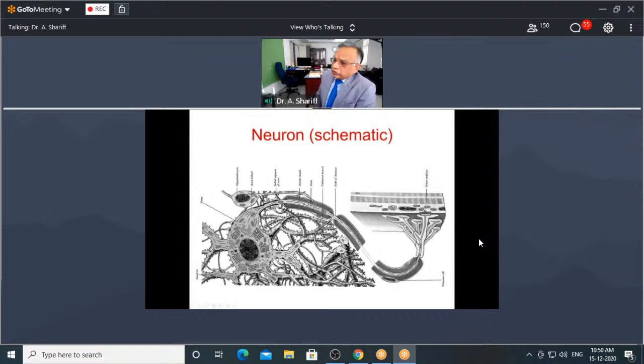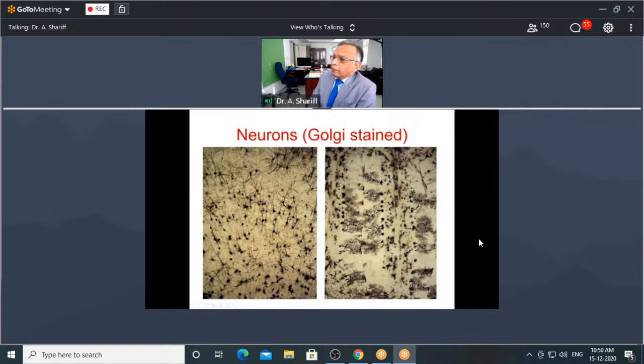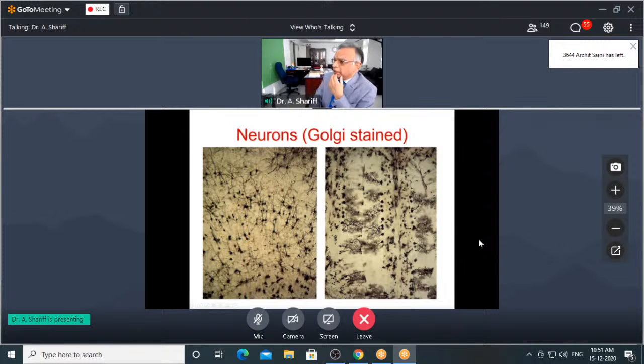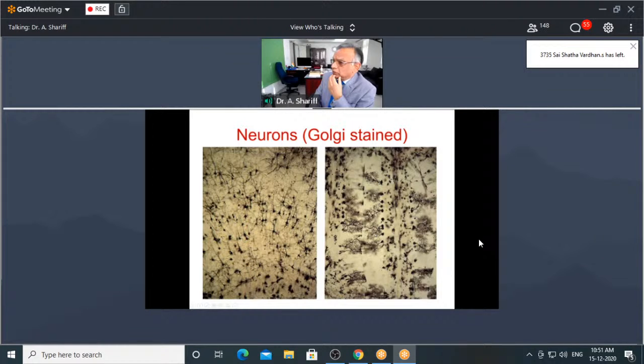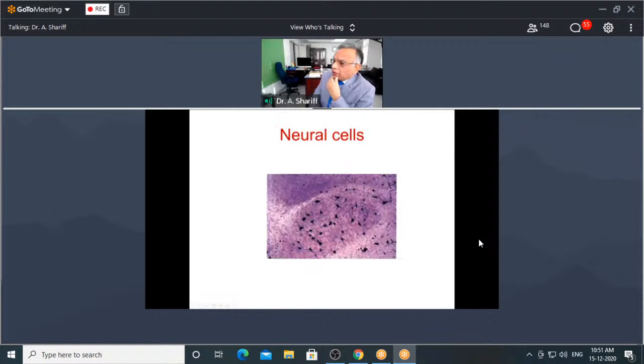So the real neurons, which are Golgi stained, this is a particular type of staining technique which actually deposits opaque salts on the processes of neurons. Okay, and this staining is called Golgi staining, and these are some of the neurons known as the pyramidal cells in the cerebellum most probably, and these are all the dendrites of these particular cells, the dendritic tree. So this is how the neurons look in Golgi stained preparations. And these are all neural cells, and you can see that these are all multipolar neurons, and there are